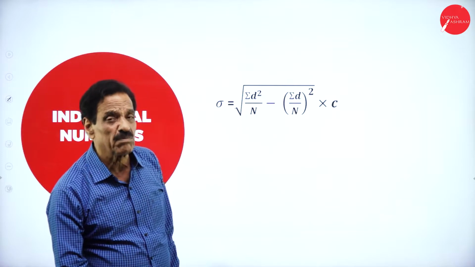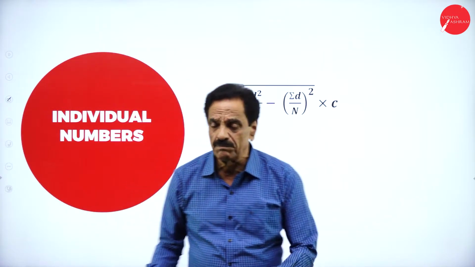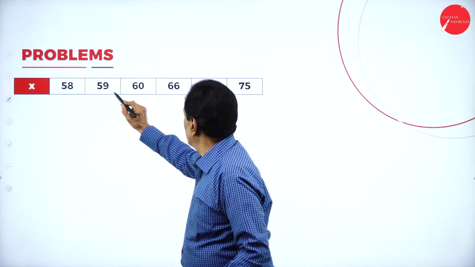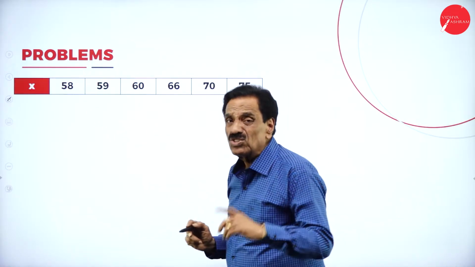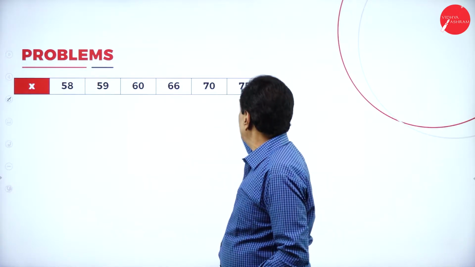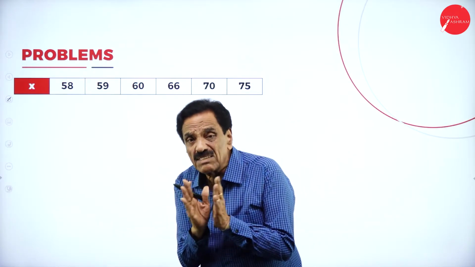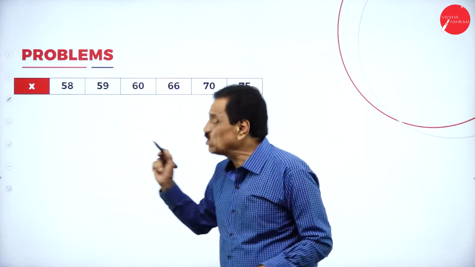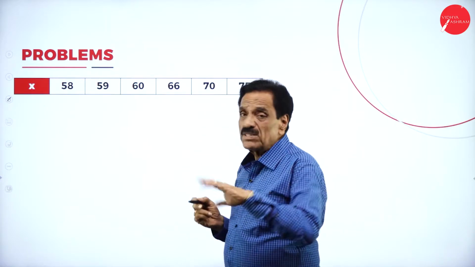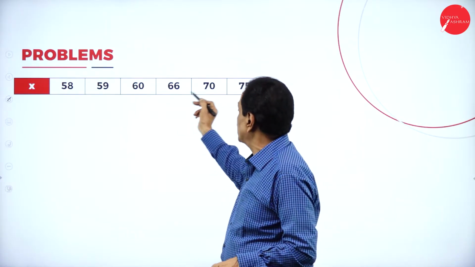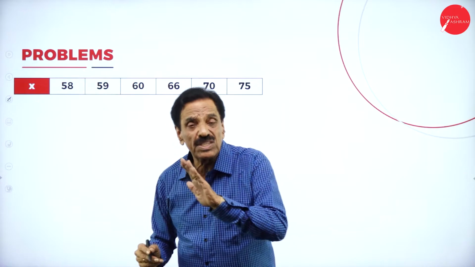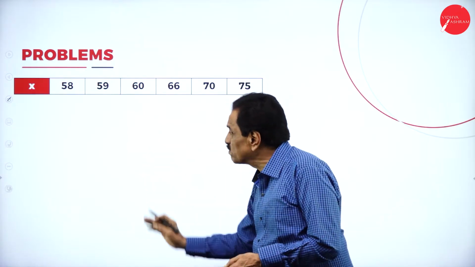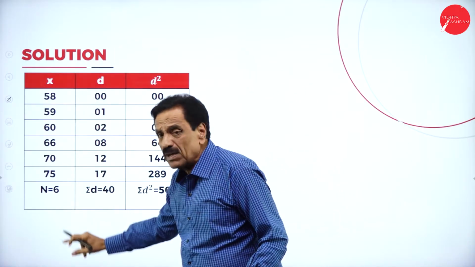We'll go to the first problem. Slowly we'll go to the first problem. So this is the number you are going. See that board? 58, 59, 60. Then it has gone to 66. Then 70, 75. So your class interval is not there. Here 58 is okay. 59 is okay. 60 is okay. But it should be 61. But it has gone to 66, then 70, 75. So don't take the C as a class interval. So we'll move on. How to solve this problem? So you have got a number now.